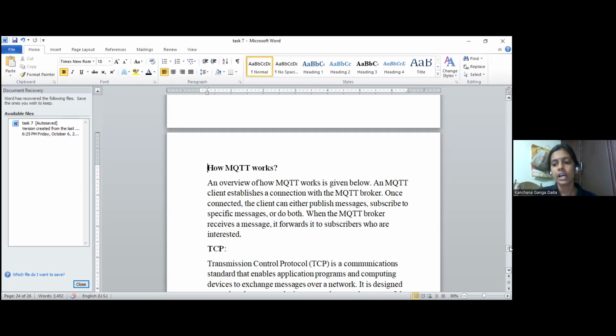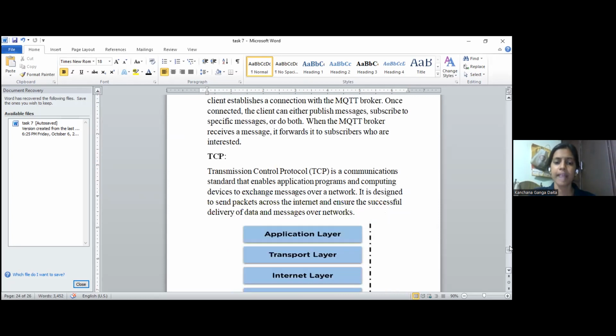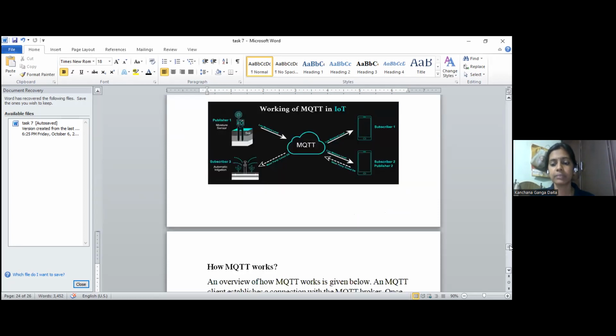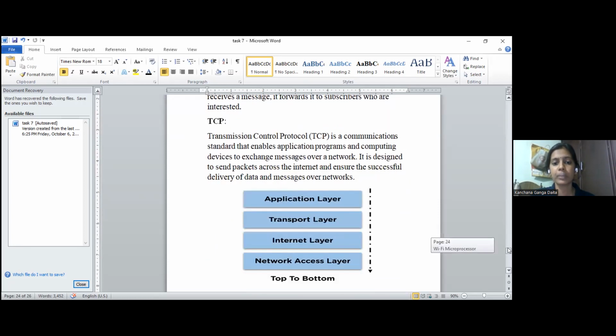And third one is TCP, Transmission Control Protocol. This Transmission Control Protocol is a communication standard. It has different layers of operation. Firstly, which kind of operation needs to be transferred, what kind of information is to be computed, or which device or which network wants to exchange the data is discussed here. For example,